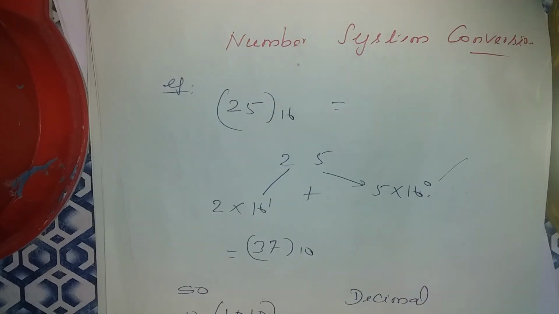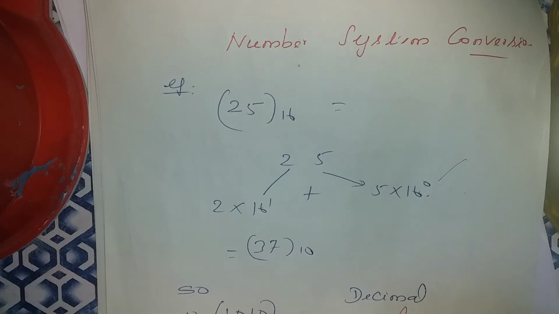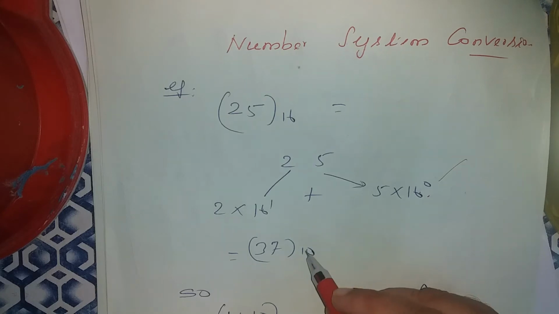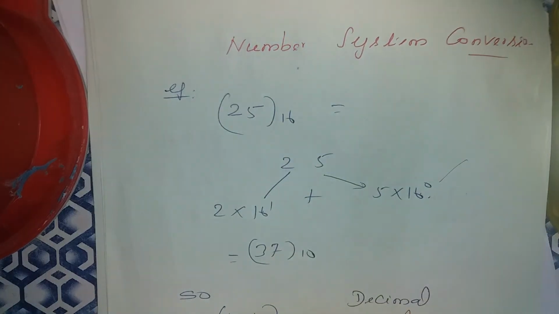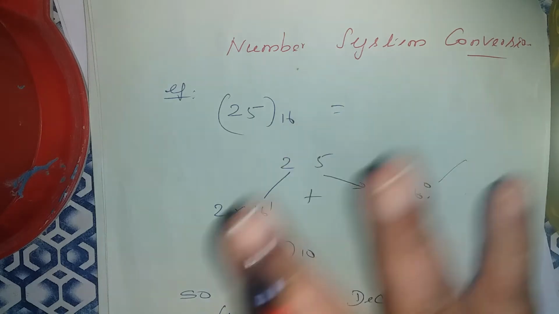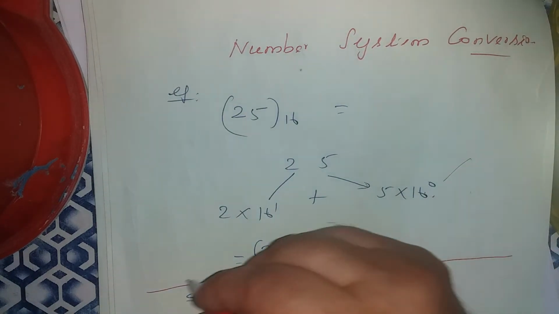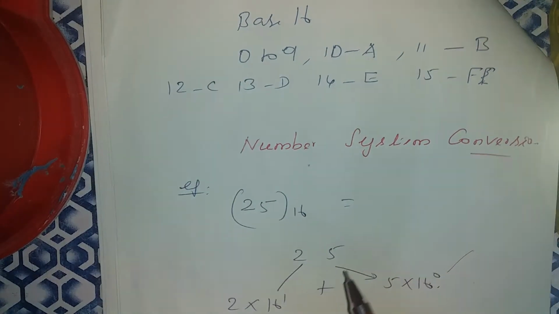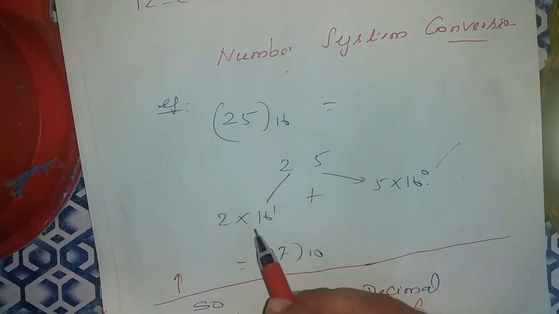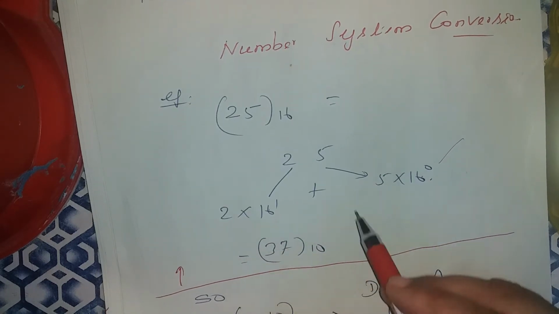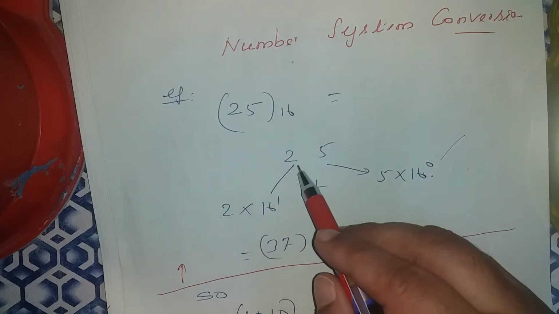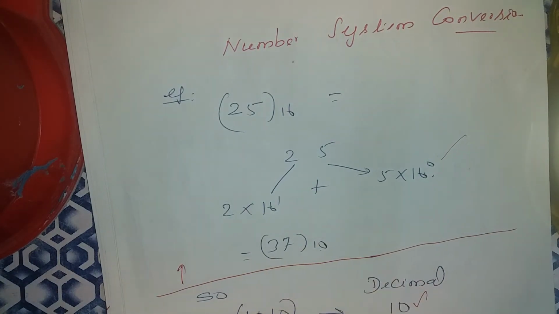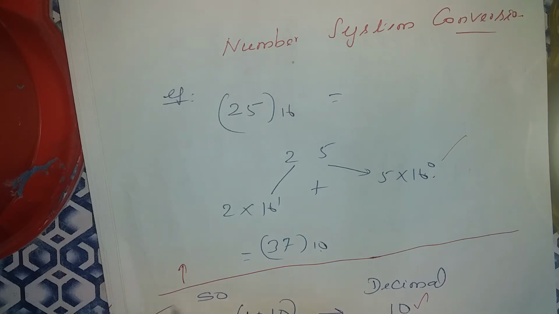So 1010 is there. What is the decimal value of 1010? It is 10. How, sir? I told you, this is a binary number with radix 2. Here radix is 10, radix is 16. Don't confuse anything. Again I'll teach you: hexadecimal means 0 to 9, A, B, C, D, E, F. So 25 divided by 16, I'll get 2 and 5. If you represent it in decimal form, 5 into 16 power 0 plus 2 into 16 power 1. So that's enough. Now the problems you have to work out.